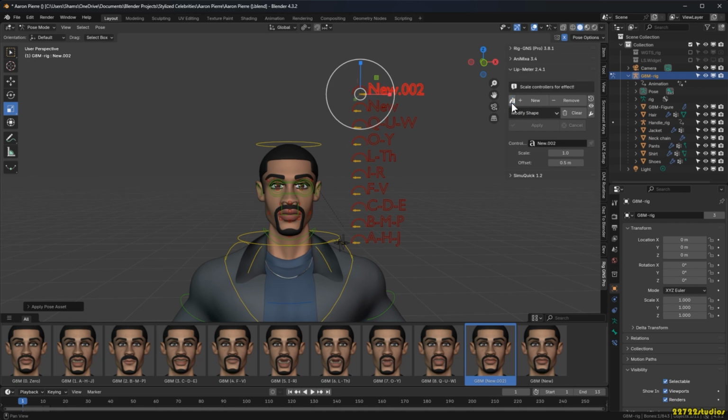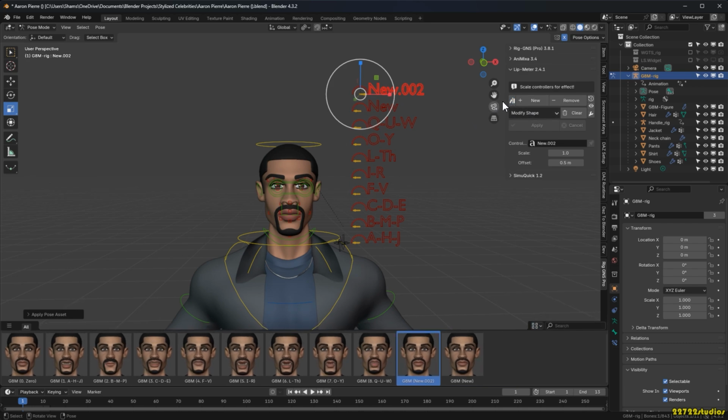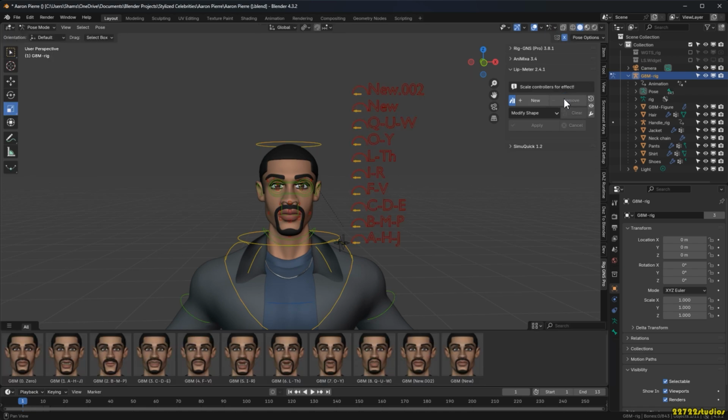However, when I disable the pose library option, let's scale this down to create some room there. Now when I create a new controller, we should see that no corresponding pose was generated in the asset shelf for that controller. Alright, next we have the remove button. Clicking it simply deletes the selected controller from the viewport. I'll go ahead and also remove this one and this one as well.